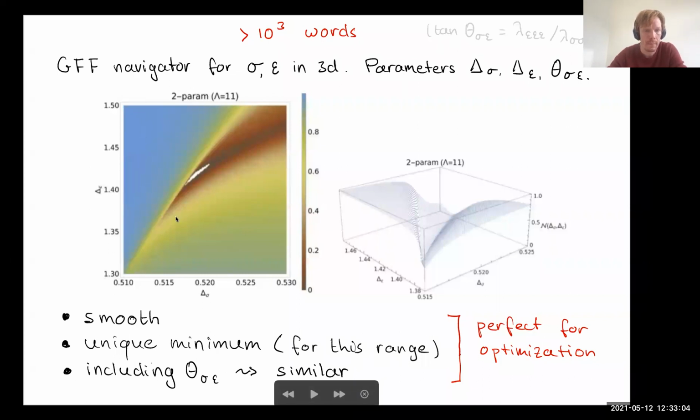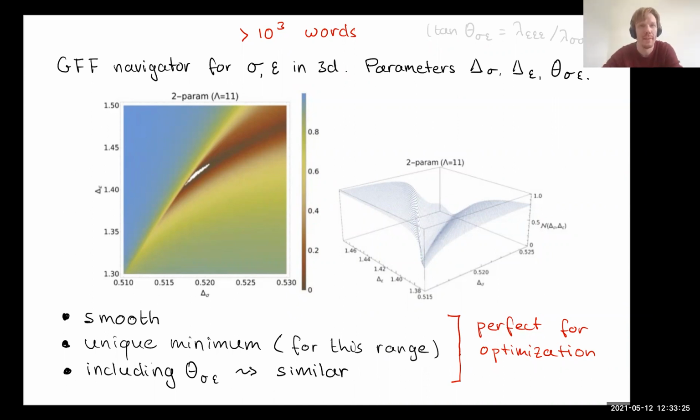So here is a heat map where the value of the function corresponds to the contour, and this is the same function, corresponds to the color, sorry. And here on the right, you see the same function plotted in 3 dimensions. So this navigator function, and here delta epsilon, delta sigma. And so what do we see? Well, we see a